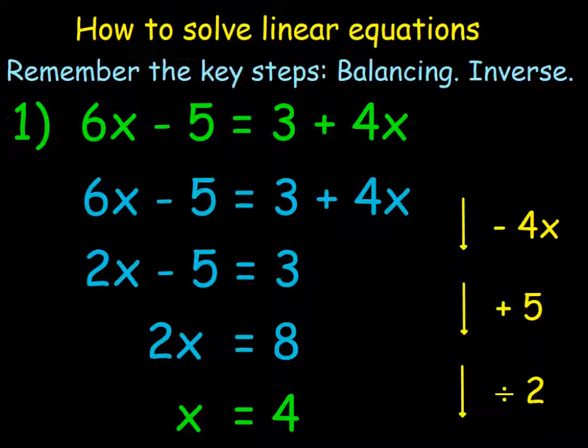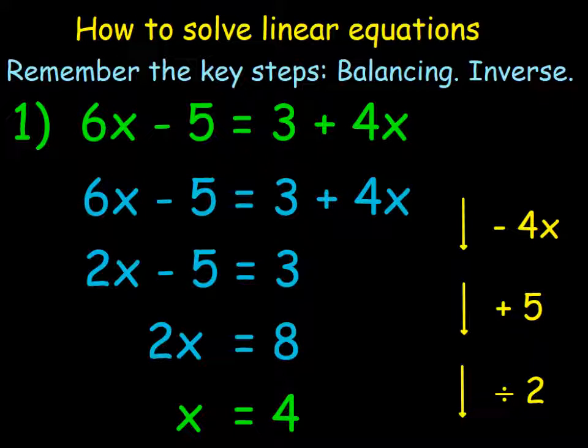To move the minus 5, you do the inverse, which is plus 5. That leaves us with 2x by itself, and then 3 add 5 equals 8 on the right hand side. From that step, if 2x equals 8, we divide both sides by 2 to give us x equals 4, which